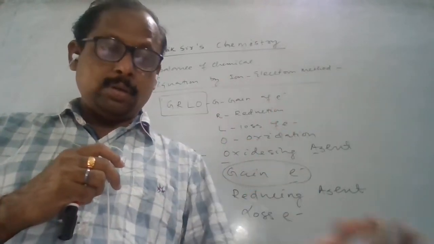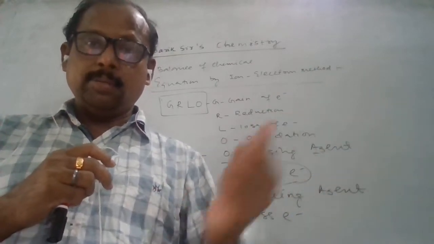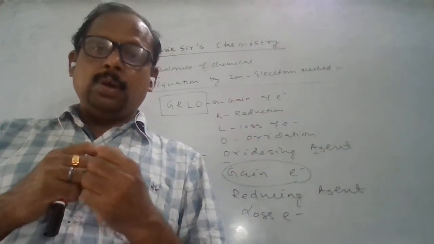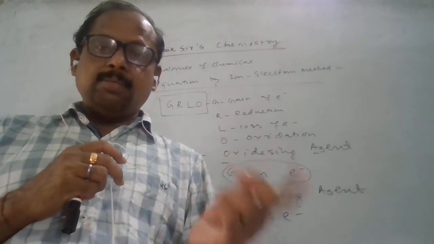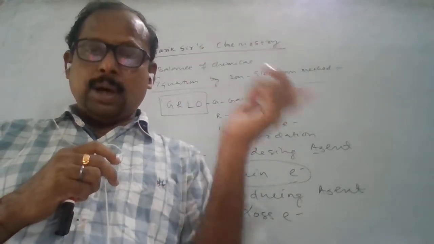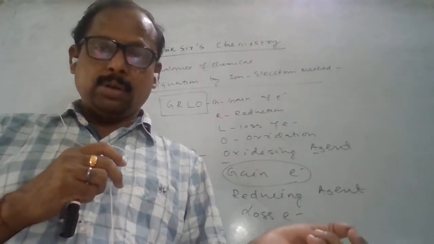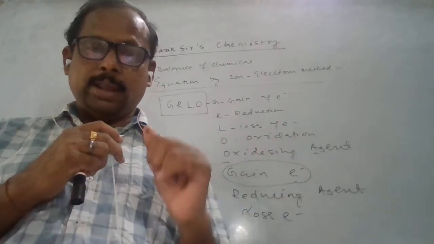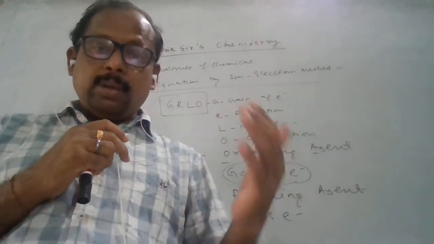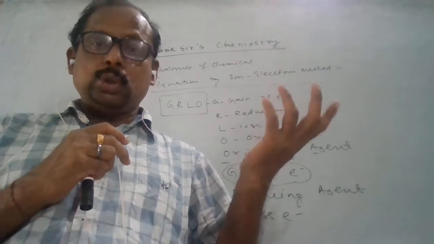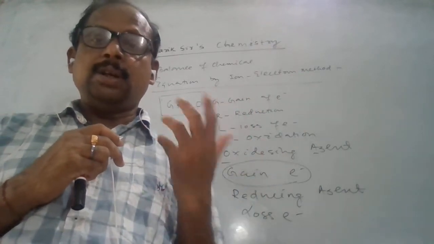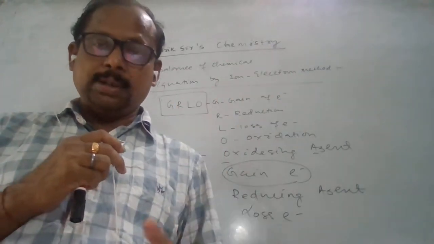In one compartment the oxidation is there, in another compartment reduction will be there, and the electron transfers through the wire. That is the basic principle of the battery, even your mobile battery. There is a transfer of electrons from the anode to the cathode, and during the flow of electrons it produces electricity. That is a major source of electricity or energy in this world.